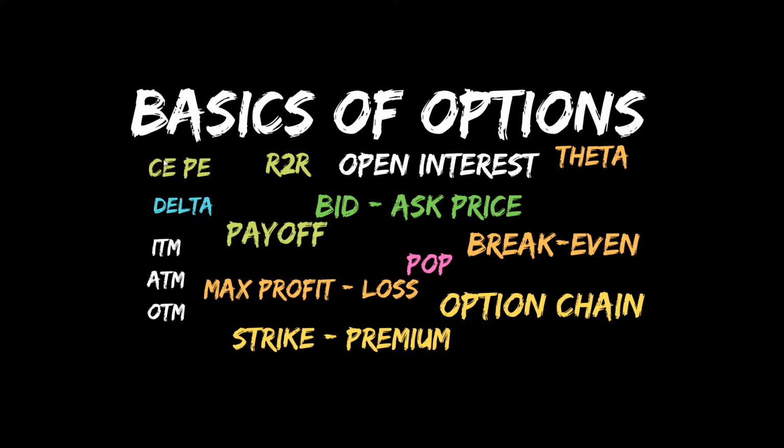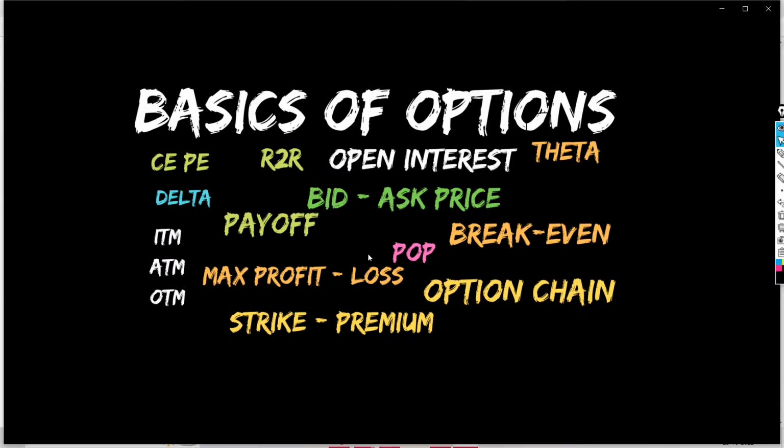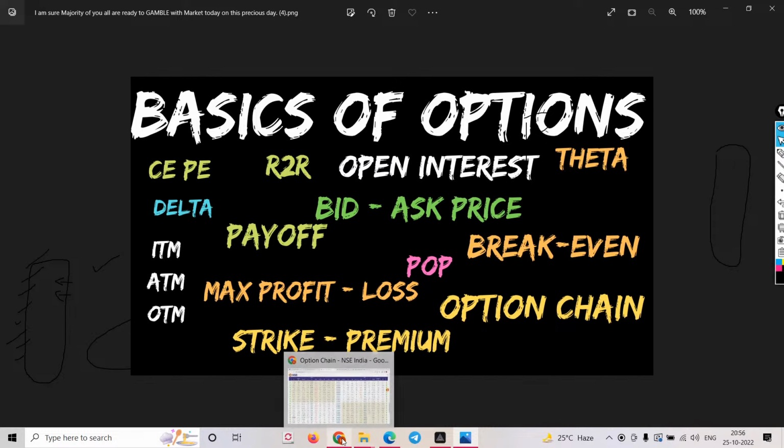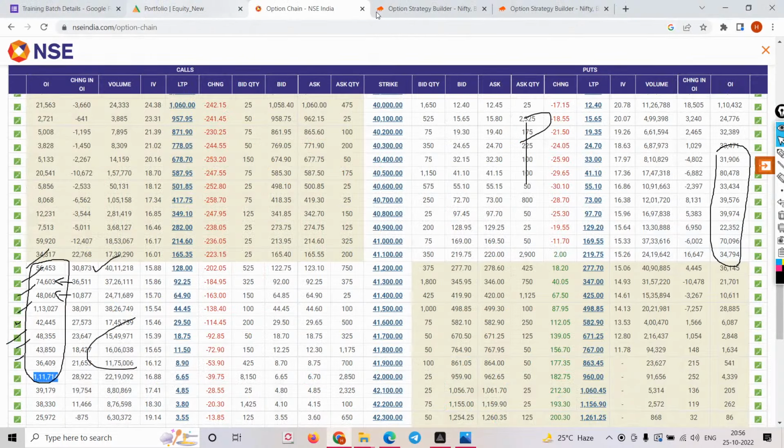We have discussed what call and put are, what buy and sell are. Then we have discussed open interest, break even, and the option chain. So these are all the basics. If you want all the advanced course, it's there in my playlist. Now let's discuss what is in the money, or else before that, let's discuss the payoff. Let me quickly give you one differentiator about your payoff.